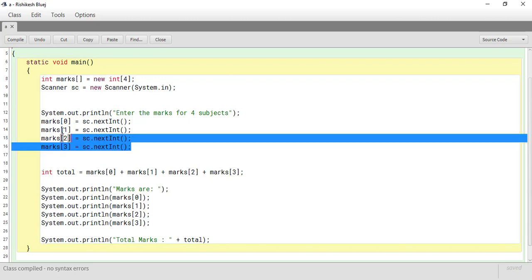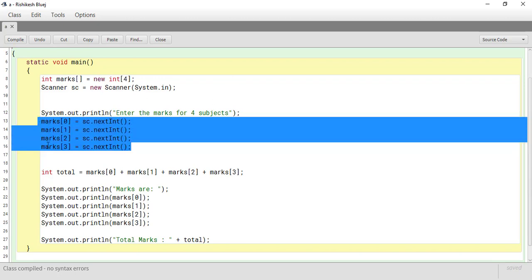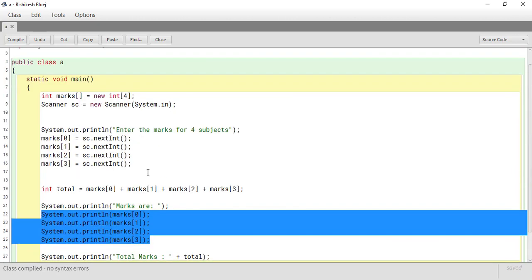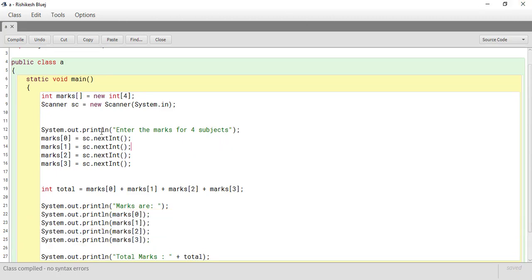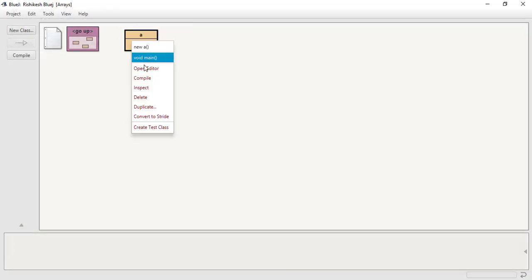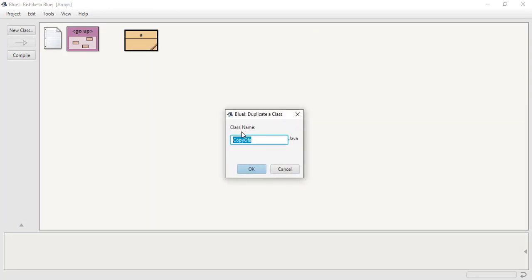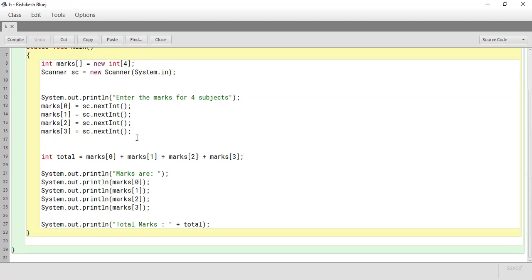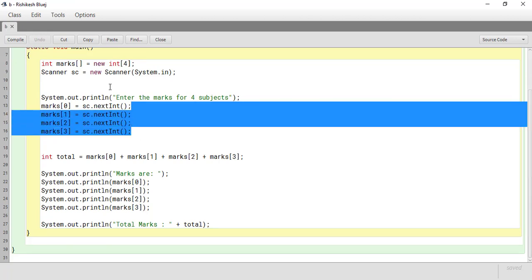So all this input part will be taken in the for loop, and all this displaying part will also be done by the for loop. And you can see that thousands of lines can be replaced just by 2 or 3 lines with the help of for loop. Okay, so let's do this. Let's create another class. Okay, so I'm going to remove all this,